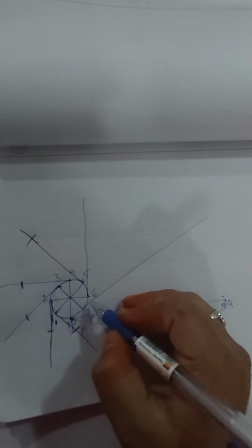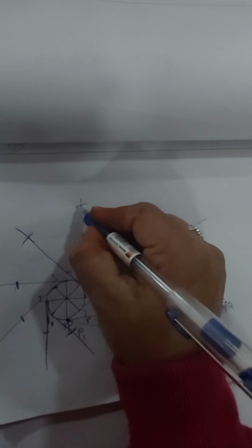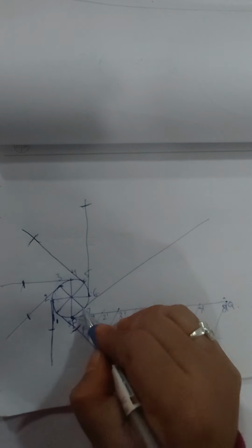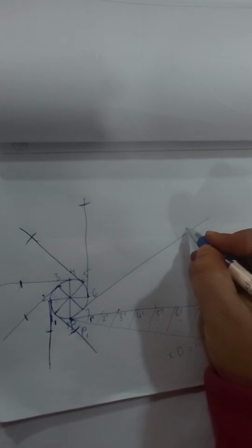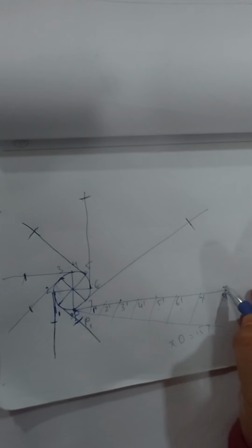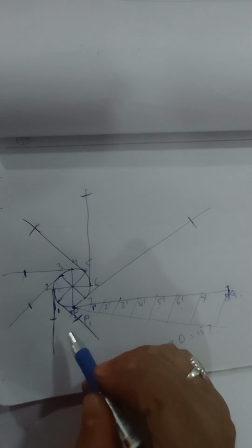and next P6 dash as radius and 6 as center, cut the arc. P7 dash as radius and 7 as center, draw the arc, and next P8 dash. So we'll get the arc here while drawing arc from the 8. So why? Because P and 8 are on the same line.